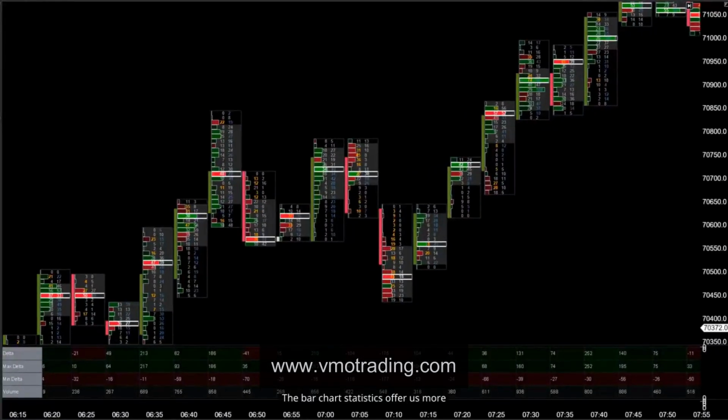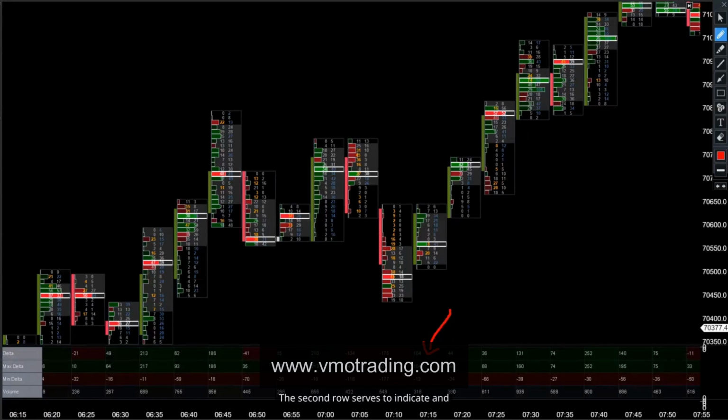The bar chart statistics offer us more detailed information about the fluctuations occurring in delta. Looking at this Bitcoin chart, you can see a steady upward movement beginning. The very first row of the bar statistics clearly displays and represents the delta value that was formed at the